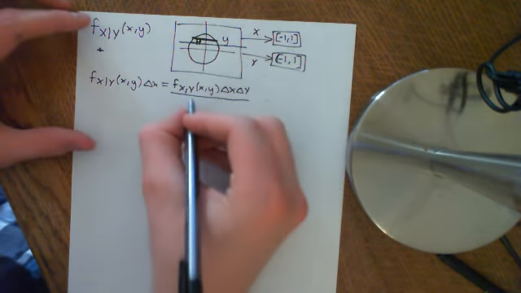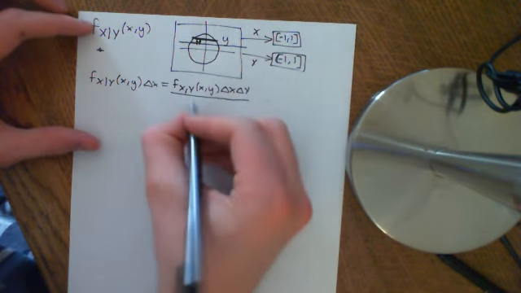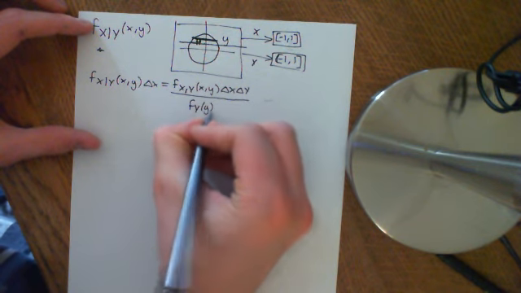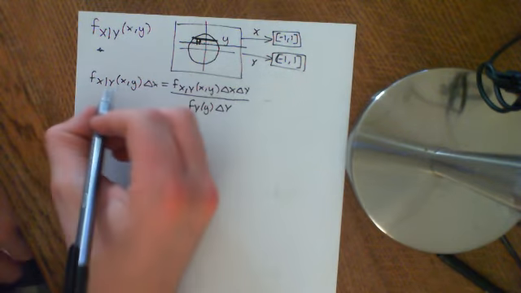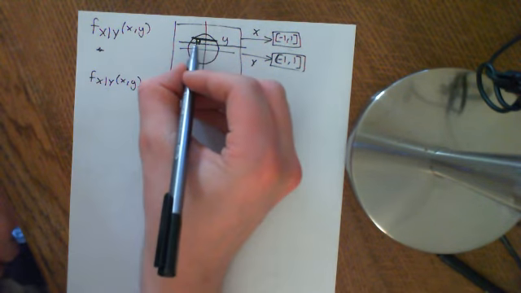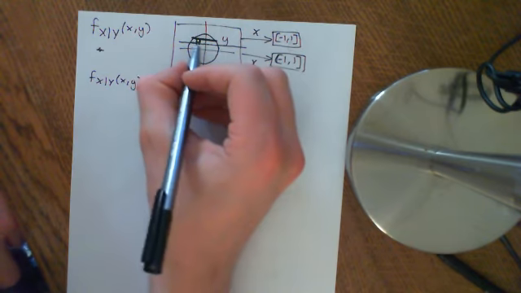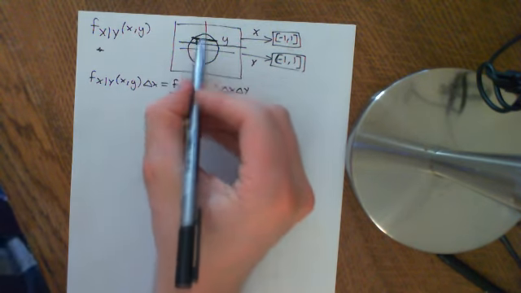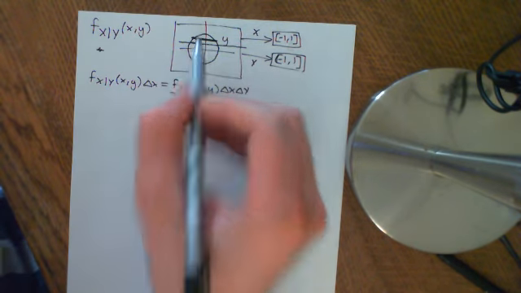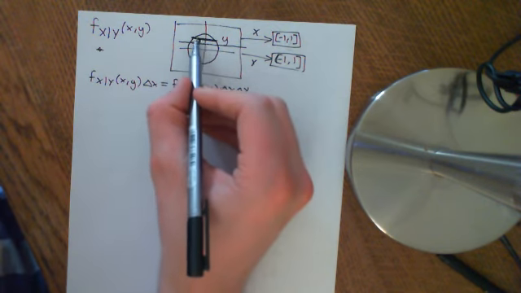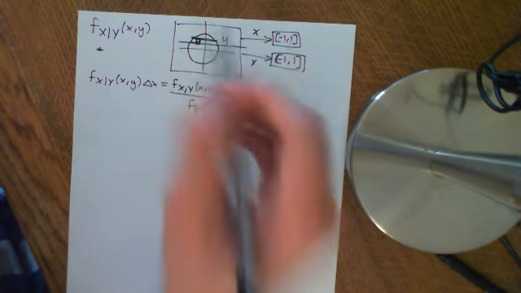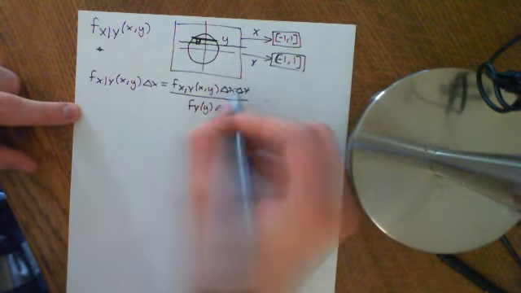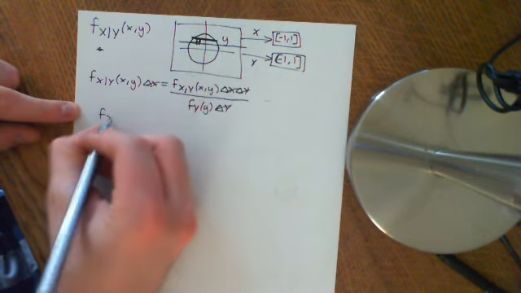The probability of being along a tiny little rectangle here is the marginal distribution of y as a function of y times delta y. So basically what I've said is the probability that you take on a value x, that you're in this tiny little length region delta x here, is the probability that you're in that tiny little box here, divided by the probability that you're overall in this rectangle here. Okay, so the delta y's cancel and the delta x is cancelled